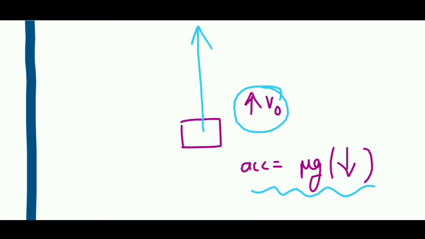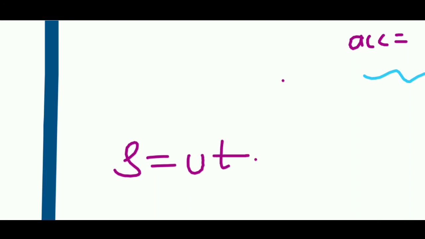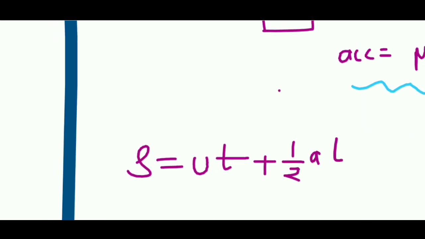The displacement of this straight line motion as soon as it comes to rest will be the same as the distance traveled. Are you getting it? Because till the time it comes to rest, it is not turning back, so displacement and distance will become equal. So I will simply apply S is equal to ut plus half at square. According to this equation, what I will get is initial velocity v0.